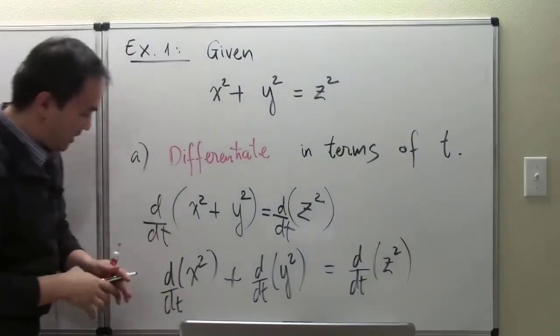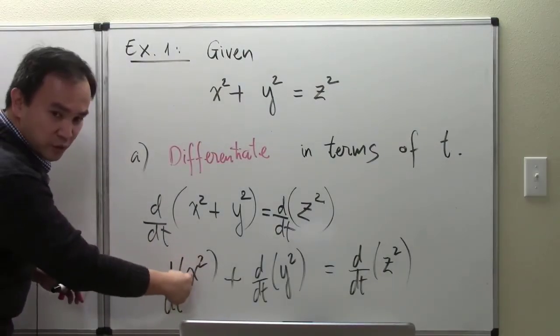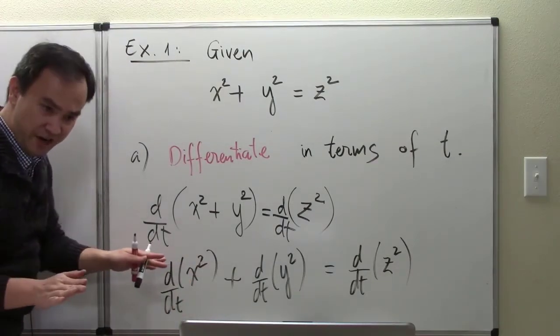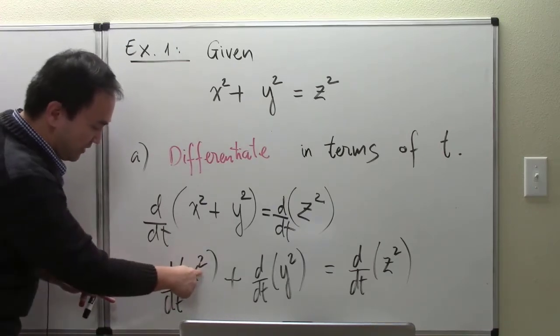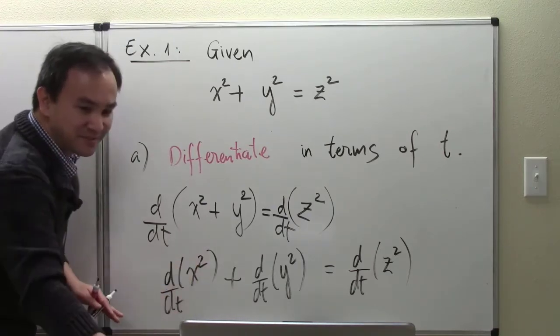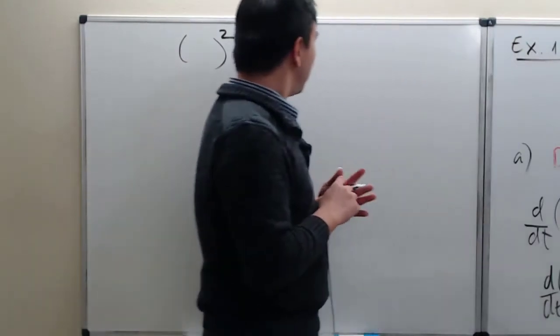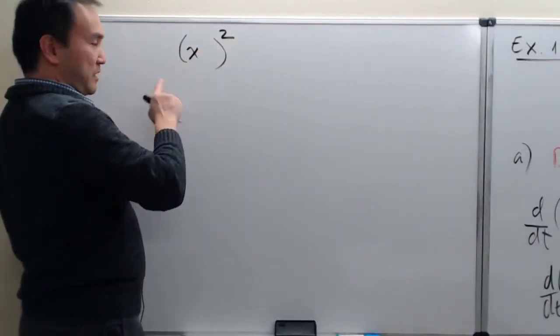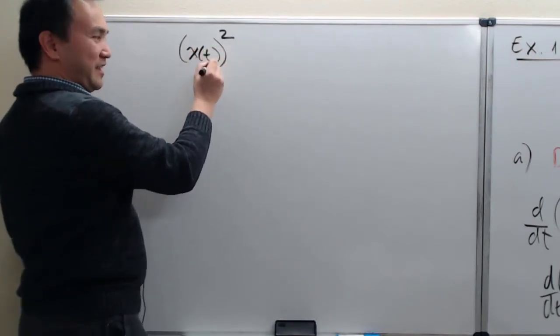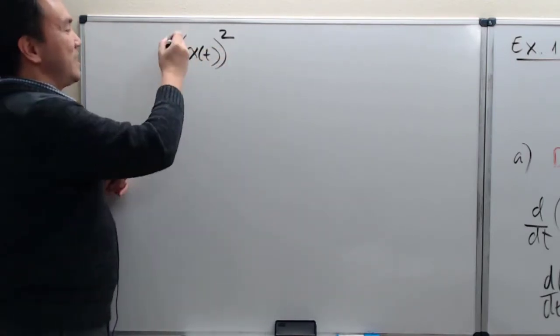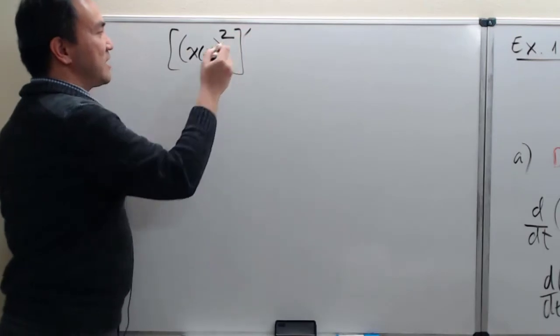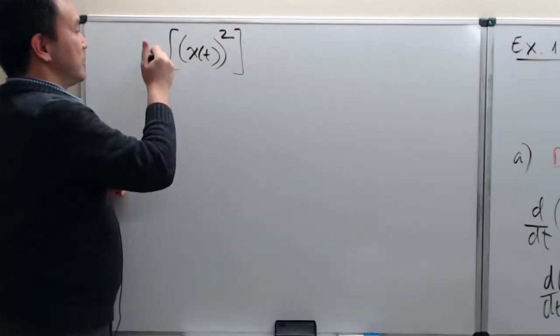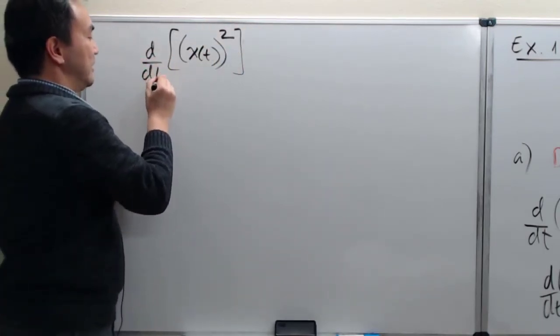So in my first term, we are about to find the derivative here. We are about to differentiate here. Then I'm seeing a square, the square of the x. So square here, and then inside of that square is the x variable, but now x is a function of t. So differentiating in terms of t here,